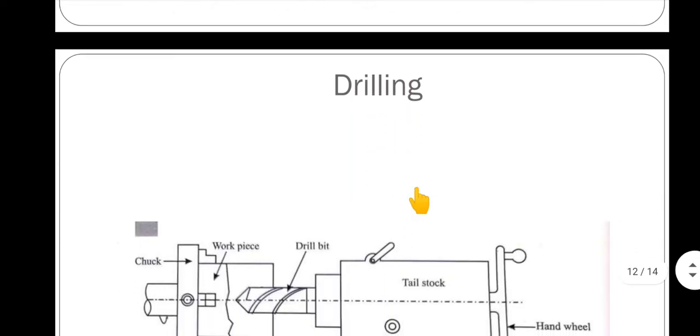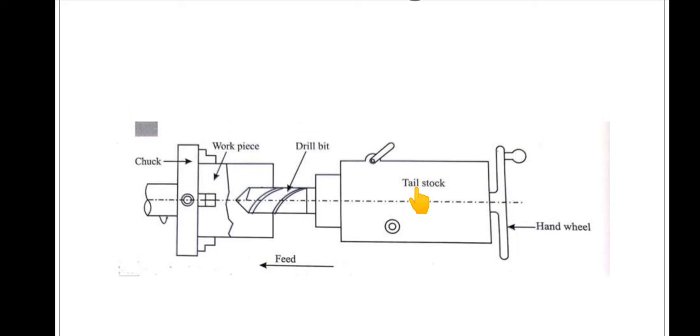Next, moving to drilling. So what is drilling? Drilling is an operation to produce a cylindrical hole on the workpiece. We are going to produce the cylindrical hole on the workpiece. Usually drilling operation is carried out using a drilling machine, but if we don't have a drilling machine, we can even do it in the lathe. So here the difference between drilling machine and lathe is, in a drilling machine the tool will be rotating, the workpiece will be stationary, but in this lathe the workpiece will rotate and the drill bit